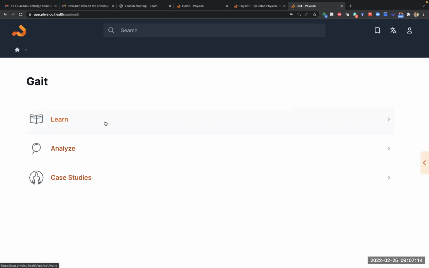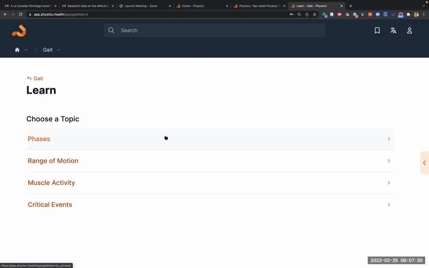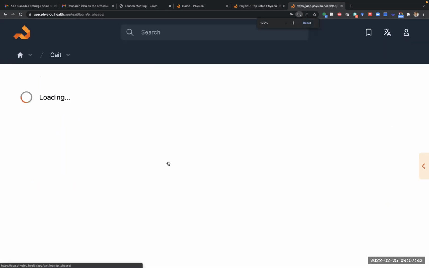I had been floating this idea in my mind almost from the beginning, 7 or 8 years ago, thinking about Gait and why it was so hard to learn about human movement. And so we decided to build two main phases. The learn phase would be designed around static images. We think that it's just too hard for students to grasp the basic knowledge when they're staring at videos all the time. So here, if you click on phases, and I'm going to bring that up a little bit closer,